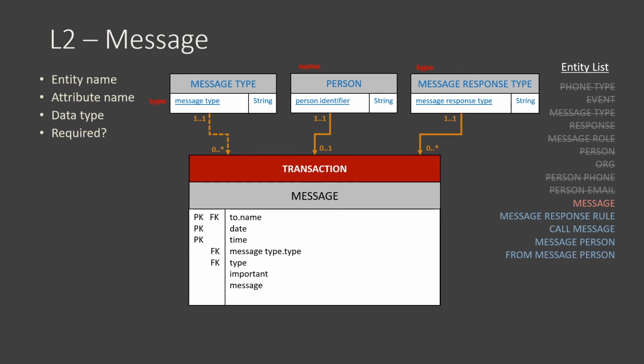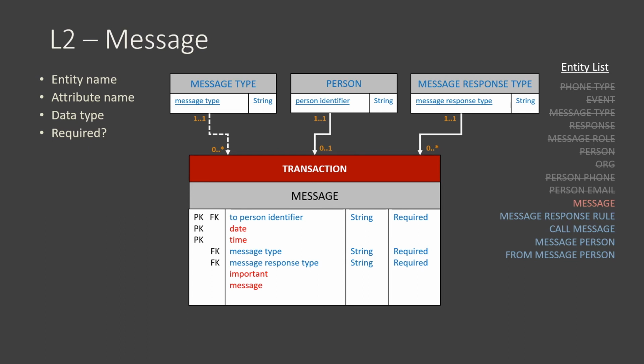Message is the next entity, which is at the heart of the message-taking data model. It has three related parent entities: message type, person, and message response type. All three had their primary key attribute names updated, so the new names are applied here as well, along with the inherited data types and the required indicators, since their relationships show 1 and 1, meaning one related instance is